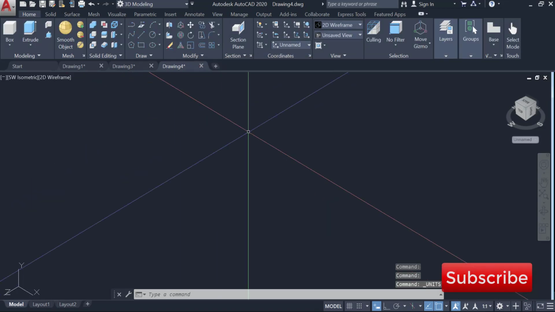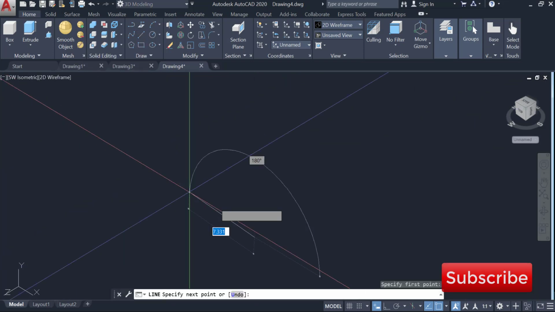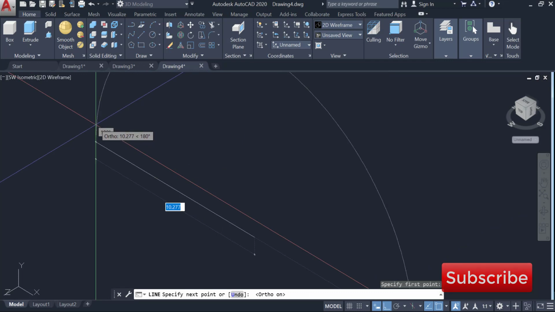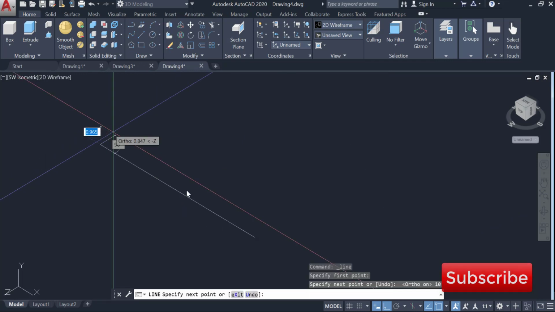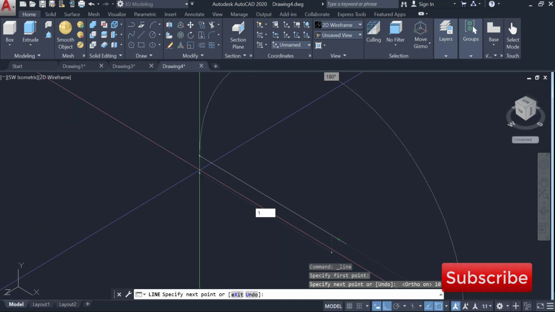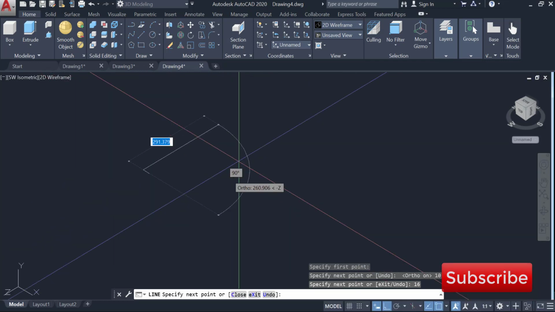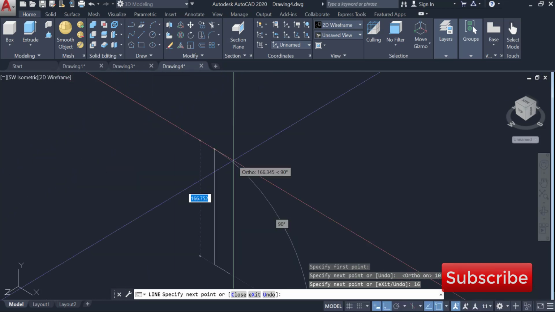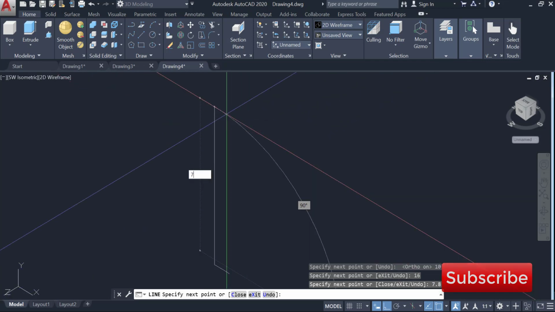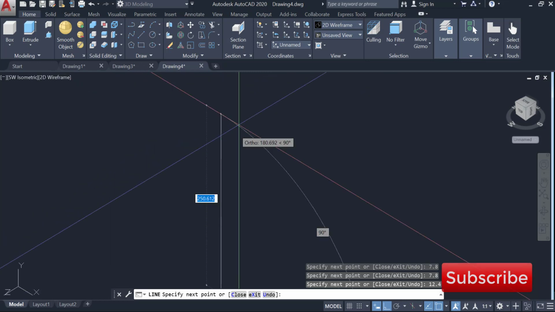Centimeters. Okay, so we are drawing with centimeters. So let's start. Click this line, pull it, make sure that it's all turned on. Click this line, make it 10 units. Okay, millimeter, 16 units. Pull it up, make it 7.8, and also pull it up 7.8, pull it up 12.4, pull it up, has to be 26,